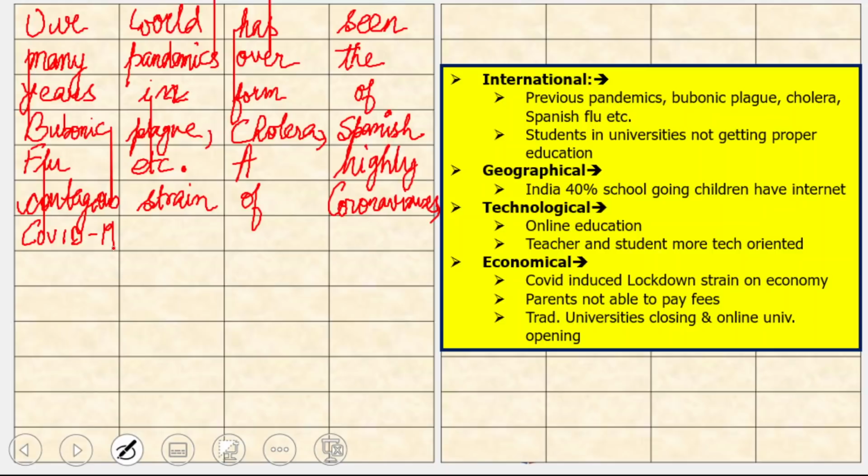Please understand, while writing in here with a digital pen, there would be some lines here and there, but while you are writing on pen and paper, you can make it fit inside the box, and remember, the words should be fitting inside the box. COVID-19 is the latest in this list. What would I say? I introduce COVID-19 now, that it is a highly contagious strain of coronaviruses, and it is the latest in this list of pandemics, and like every pandemic,